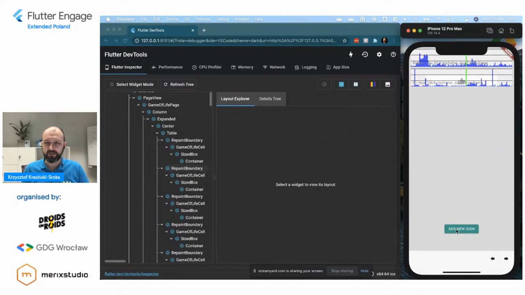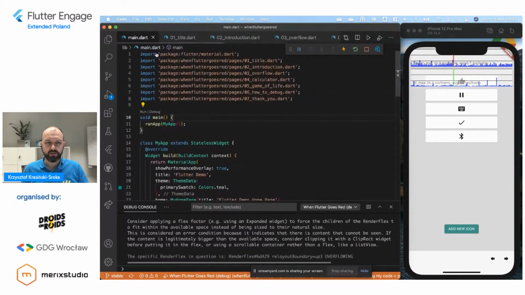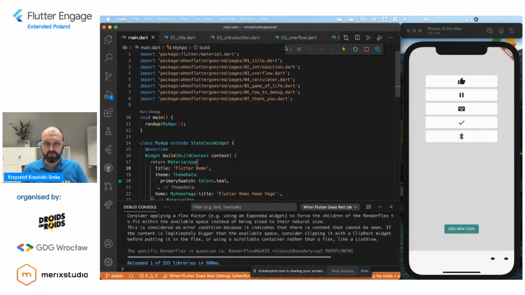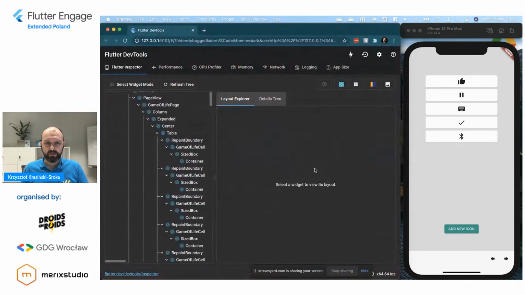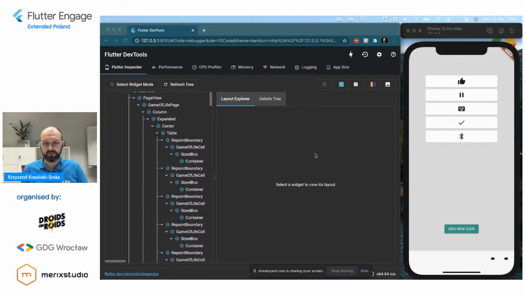So first of all, let's get back to this example. I'm going to dismiss the performance overlay as well, because it's hard-coded here. And I am going to inspect what's happening here. What's the problem with this UI?